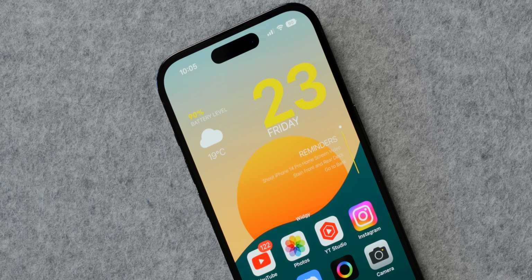Then there's my main widgets, the ones that live on two of my home pages. Both of these widgets were made in Widget, and I'll tell you exactly how you can get them for free right after I thank the sponsor of this video,